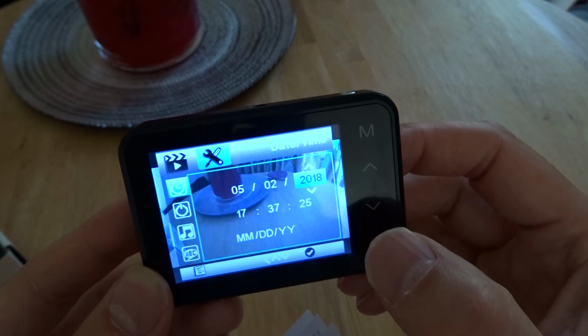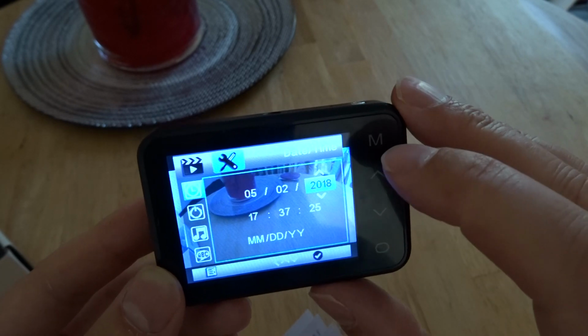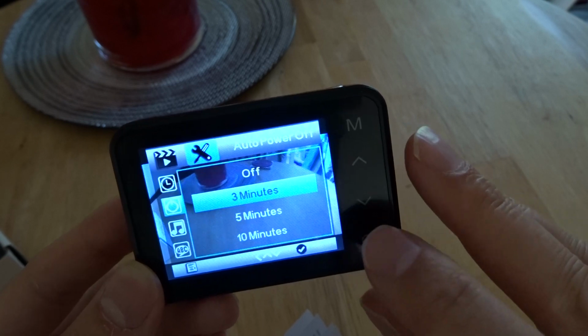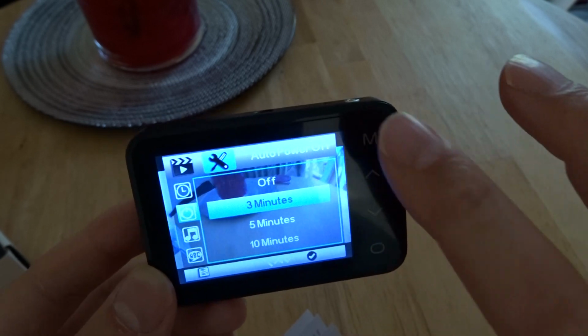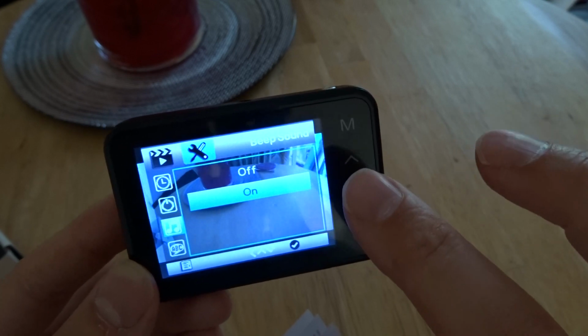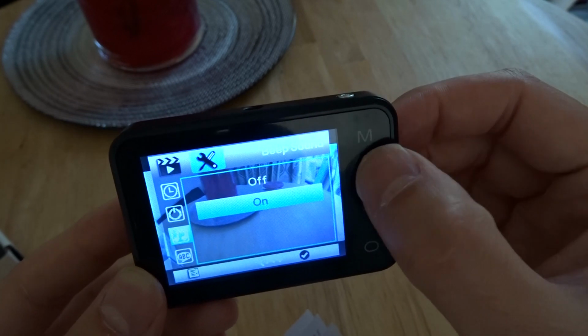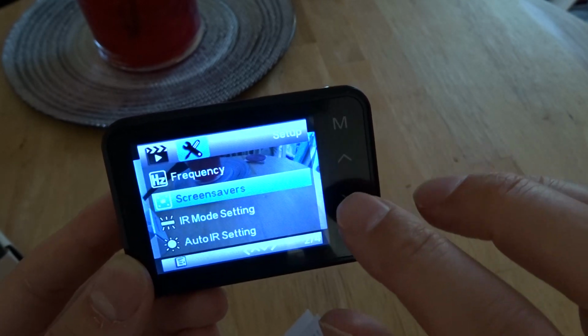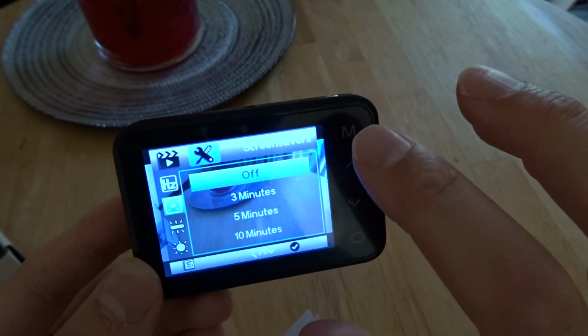Setting the date and time was pretty easy. See, I've just done that, 2nd May, that's when I made this video. Auto power off 3 minutes, okay. Beep sound, we've got the beep sound, let's turn that off. Just, and it's gone. So yeah, screensavers,